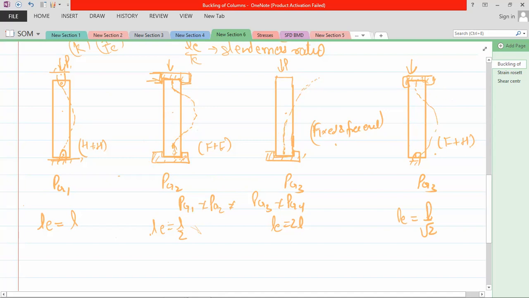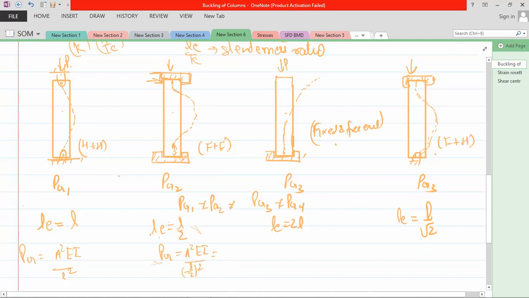And here initially no buckling, but at the hinge there is a buckling because hinge doesn't resist bending moment. So that will create different boundary conditions. So you need to remember this. For this, P critical is equal to pi square EI upon L square. For this, P critical is equal to pi square EI upon L by 2 whole square, and that is equal to I will write directly here.